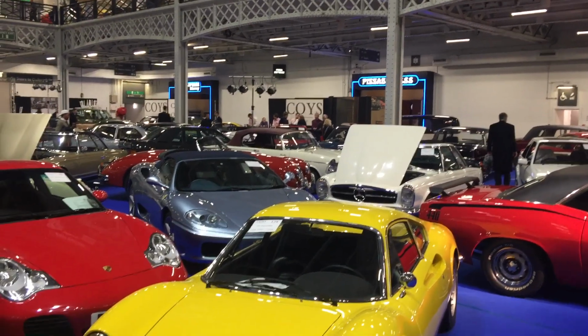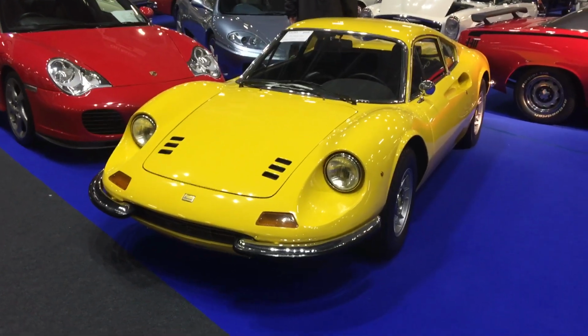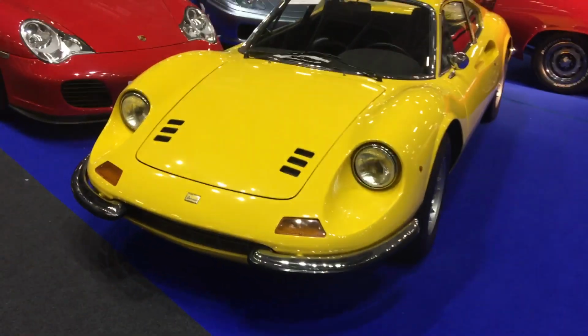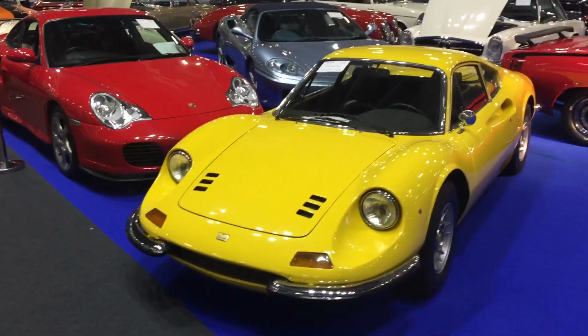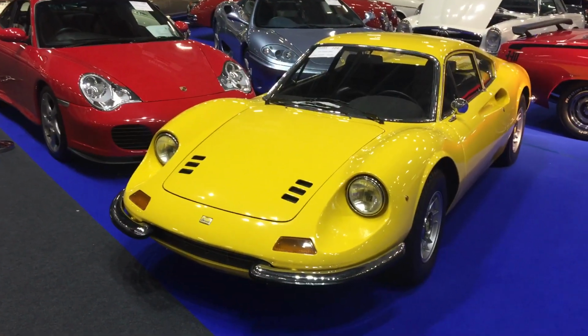So here at the London Motor Show, this is the Coys section. All of these cars are up for auction. Check this out. Ferrari Dino, 1971 this one. So all of these cars are up for auction. They're all tightly packed, as you can see, so we're going to have a little bit of a walk around, and I'll tell you a little bit about the cars that I know of, and I'll tell you which ones